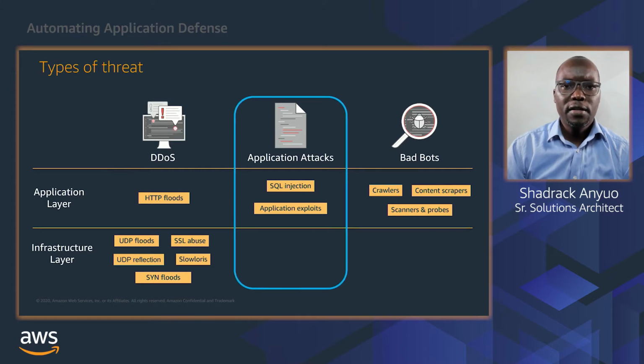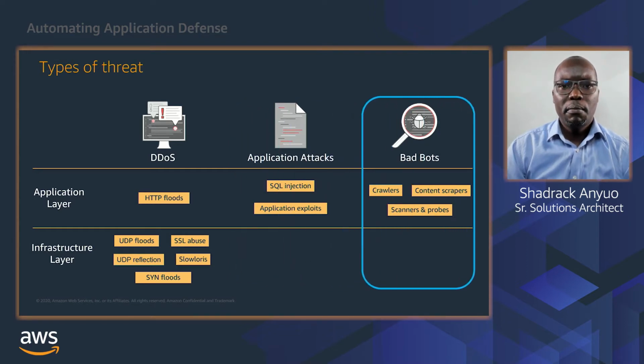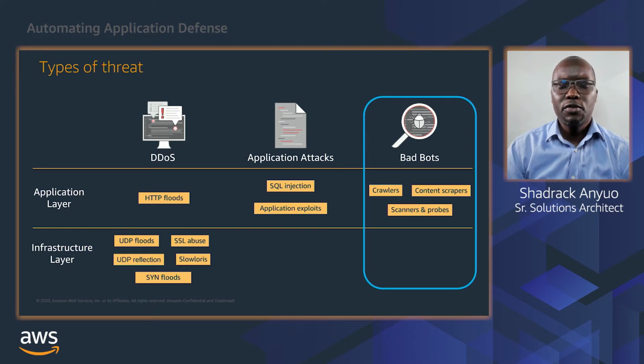Application attacks, on the other hand, tend to be more sophisticated and typically take advantage of application vulnerabilities such as failure to run software updates or patches. Due to the constant change in the attack vector, mitigating against application layer attacks requires a deliberate approach. Then we also have bad bots, such as content scrapers that automate attempts to access your web applications with an intention to steal content or record competitive information, such as pricing. These threats not only cause service disruption, but can also result in financial loss and even reputation hit.